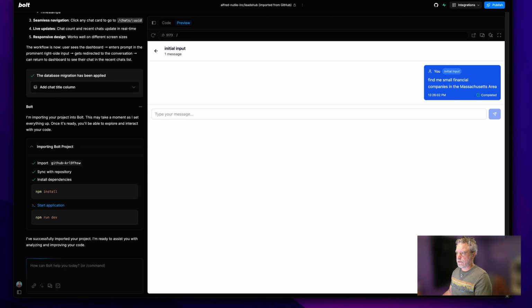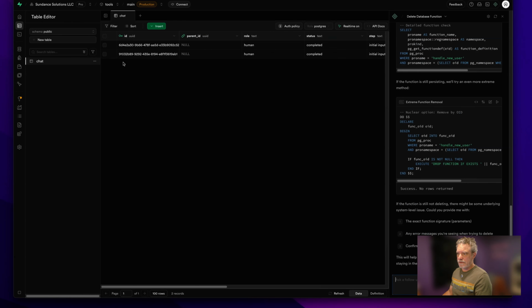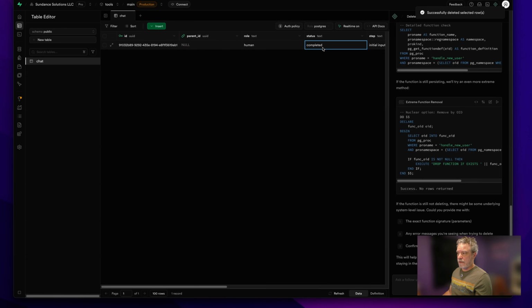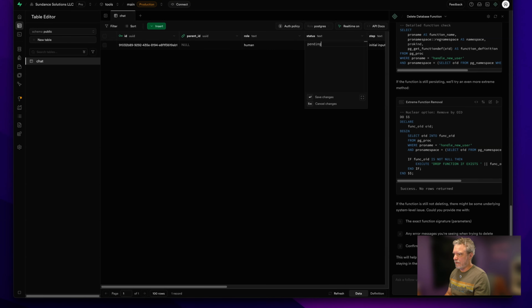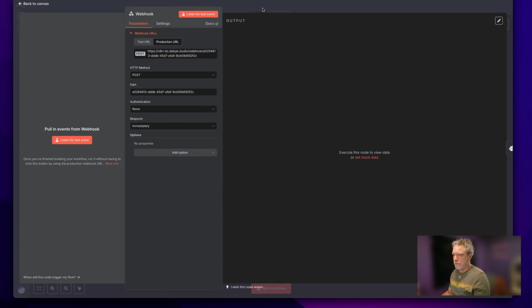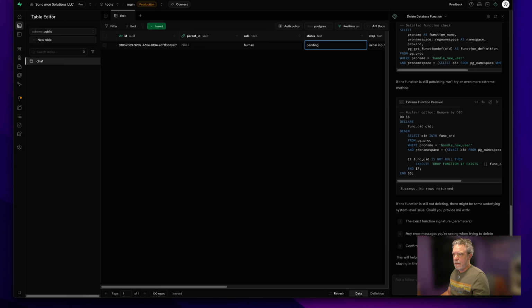So if we go to Supabase for a moment, we're going to see that we have a chat message, 2 of them because I did that. And I will tell it, hey, the original message should be pending. And the reason I want that is because I want N8N to react to that. And so when I go here and I get rid of that, because I was just using it there, and then I just use this production URL,